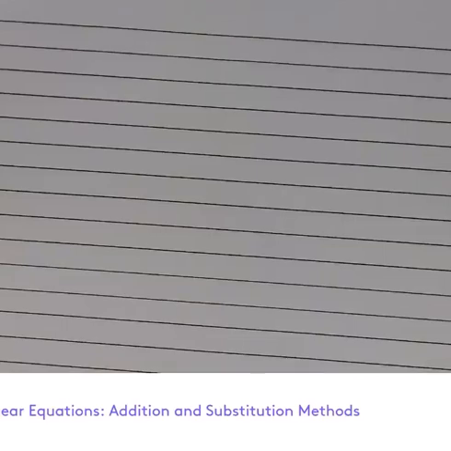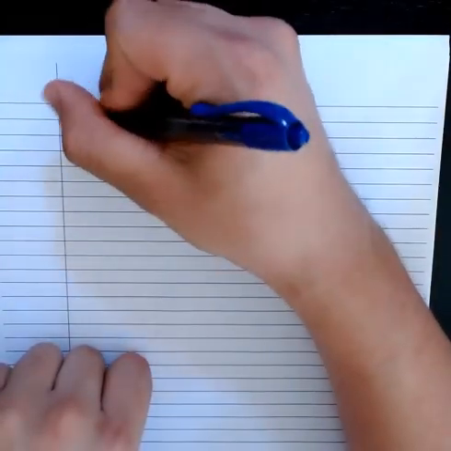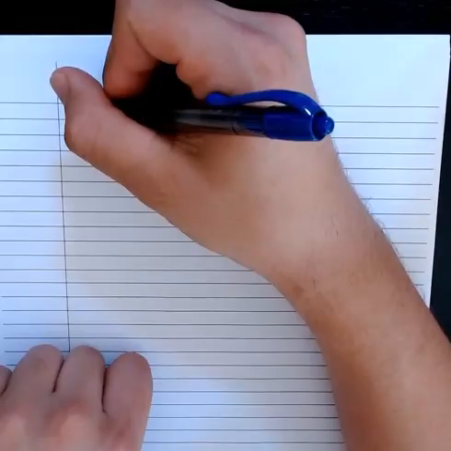Let's talk now about solving systems of linear equations, and here we'll be using both the addition and the substitution methods. Now we've seen what we have when you have a single equation of two variables, and that is a line. So consider the equation